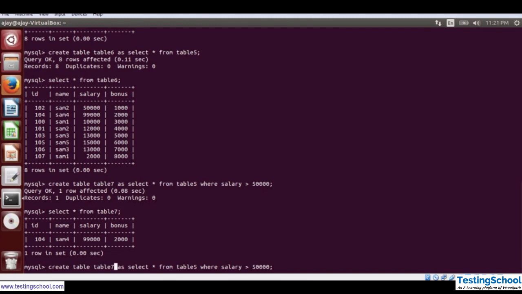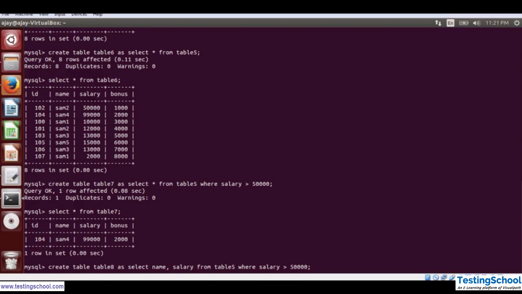Like I'm creating a table with table name as table 8. I don't want a star. Star is used for all the columns, but I only want, let's say, name and salary. So I'm putting name and salary,